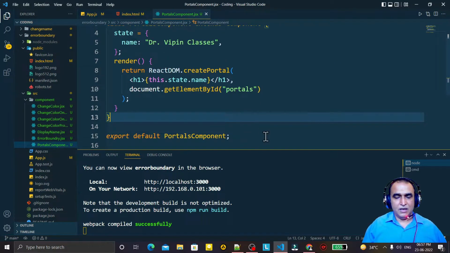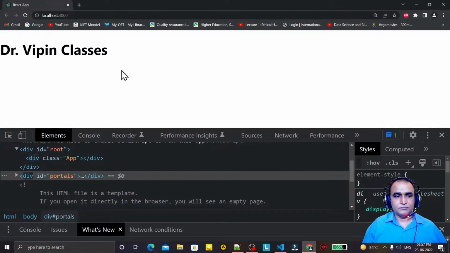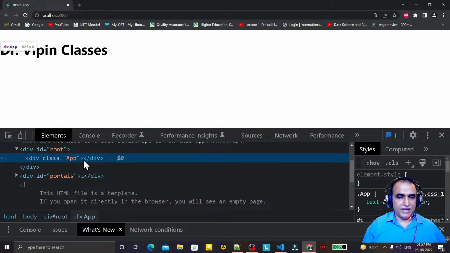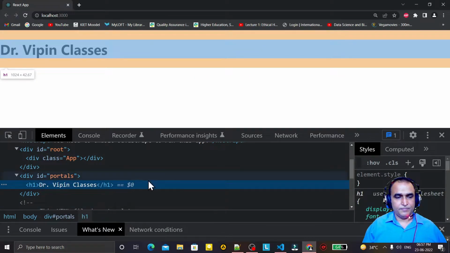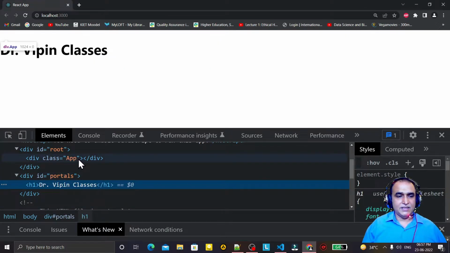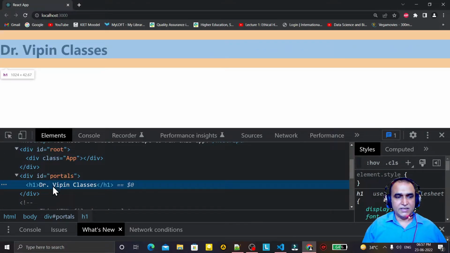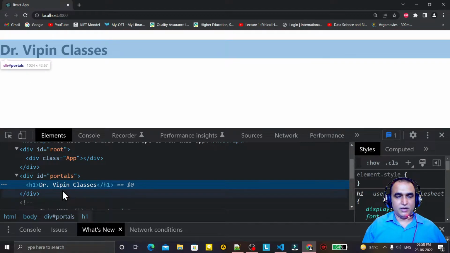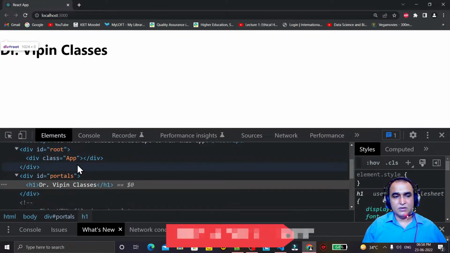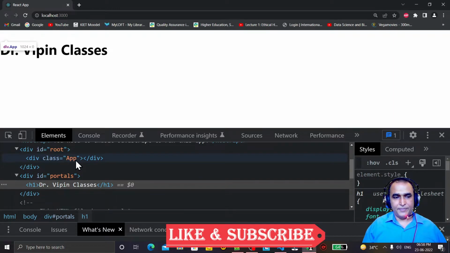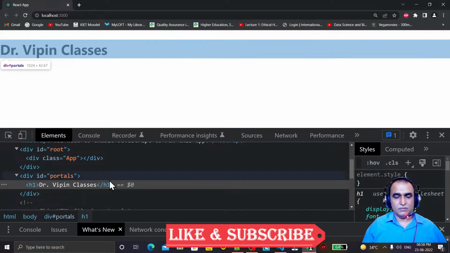You see, now if I see the output, nothing is changed, but in the root we do not have that particular text, that text we have here in this portal. Remember that this app is under the root, but this is different, in the portal. And you see, earlier it was in the center of the screen, now it is not in the center, because it is not coming under the root and under this app. Because of this it was in the center. Directly this h1 which I rendered here